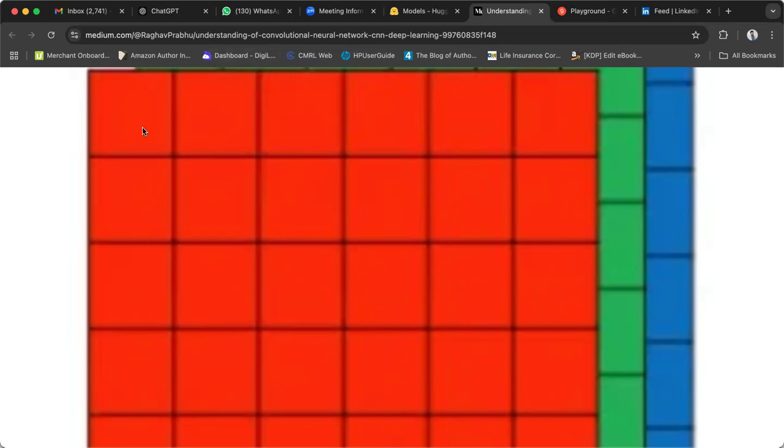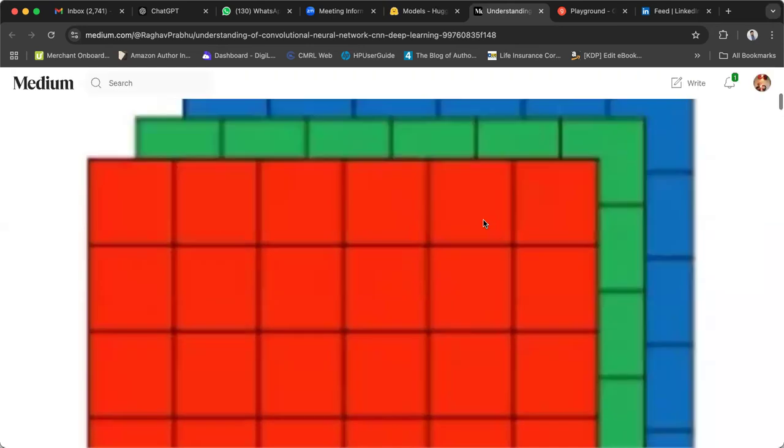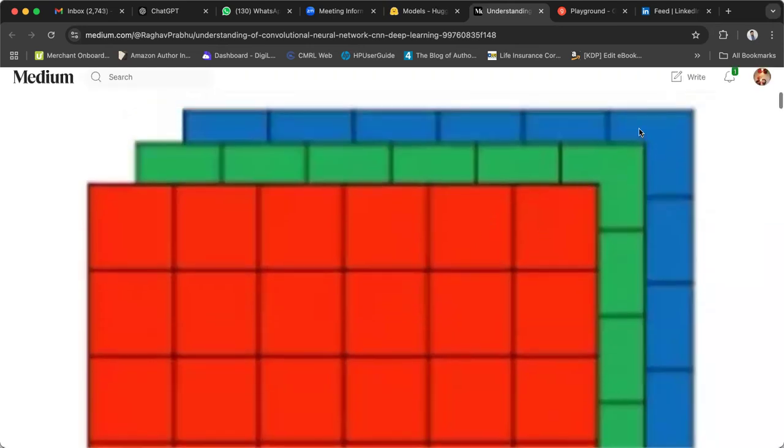It will first read all the color combinations, especially RGB, red, green, and blue. This is the main color combination in any system, because that's how the system gets to understand.